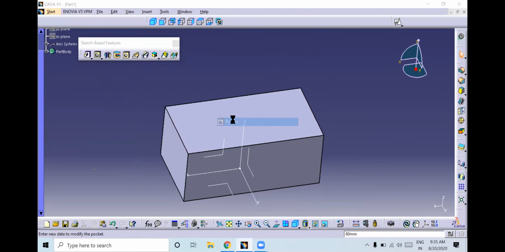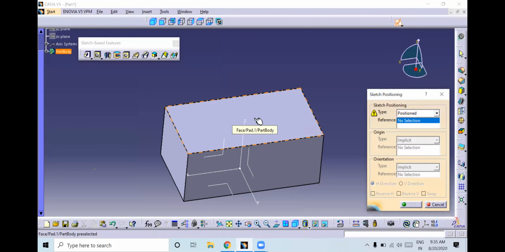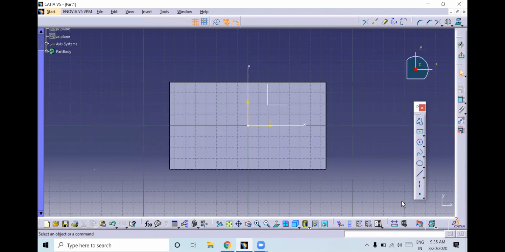Before that, you need to create a sketch. So go to position sketch. I will select this plane. You can also select a flat, planar surface as a plane. Select it and give OK. Once you give OK, you can create a sketch here.